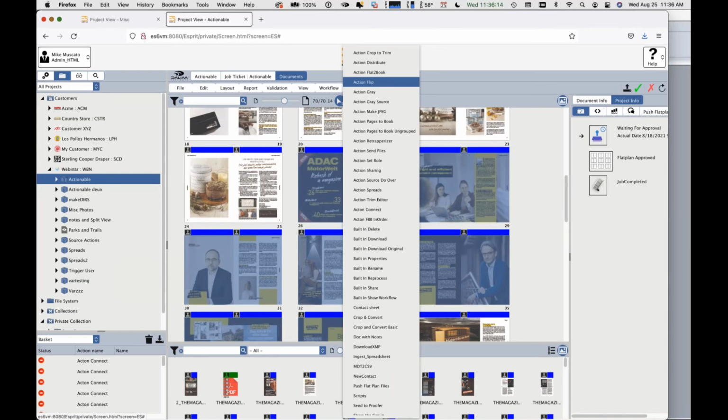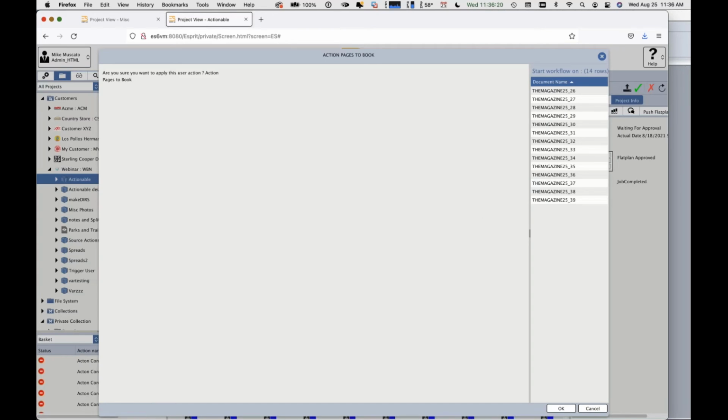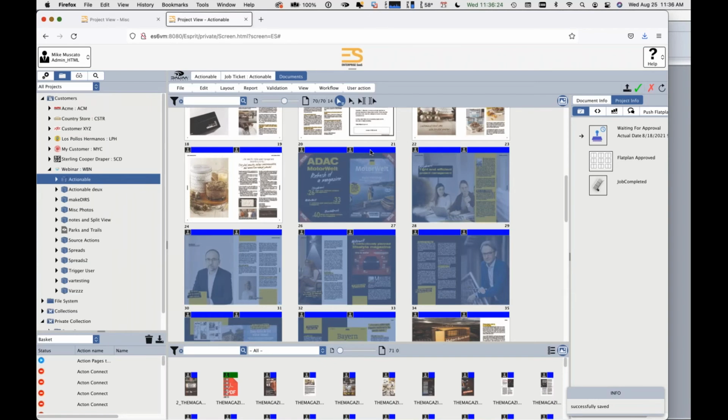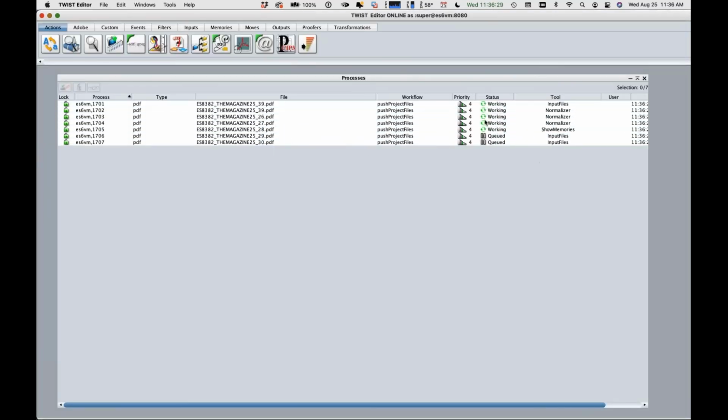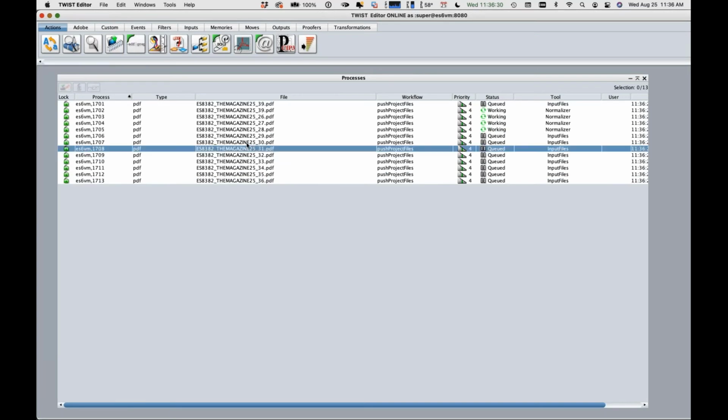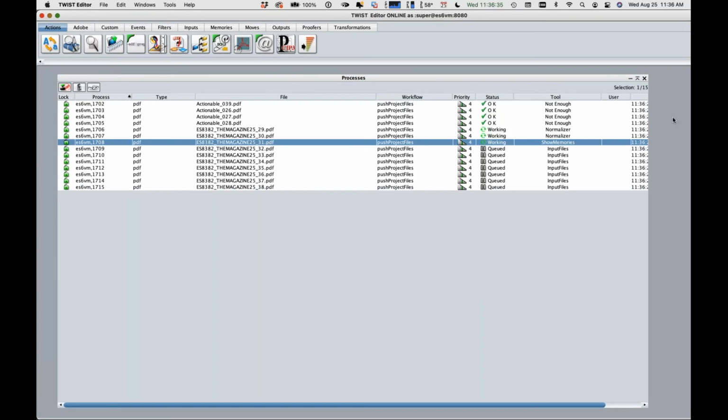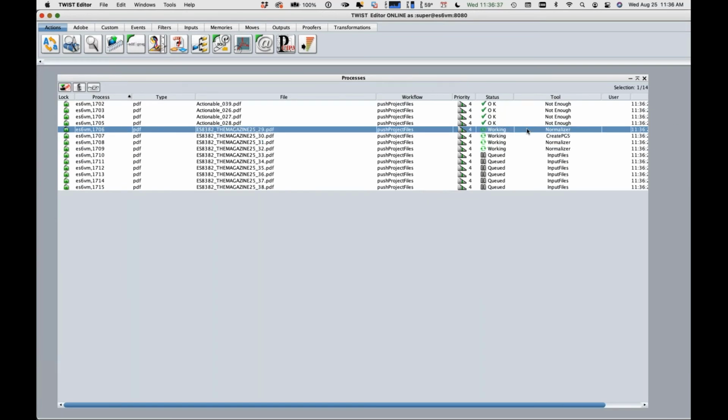It's the document workflow. And I'm just going to say pages to book. Now, we select any one of those files in there, one of these guys,